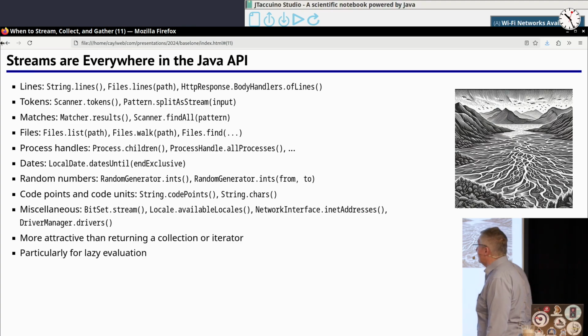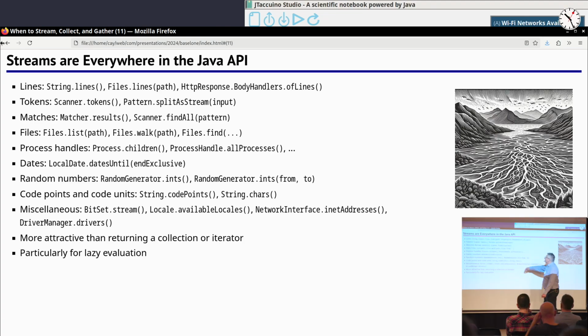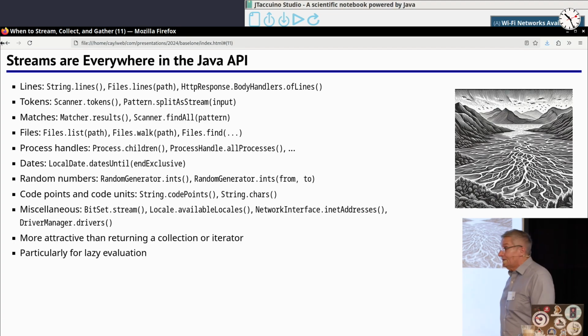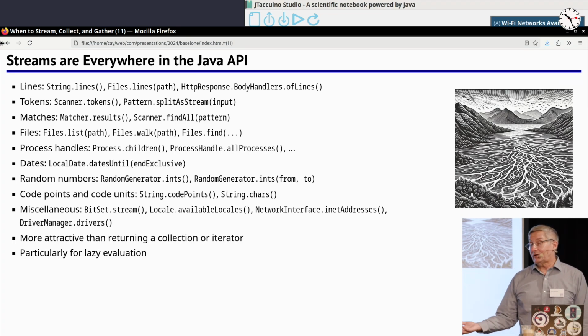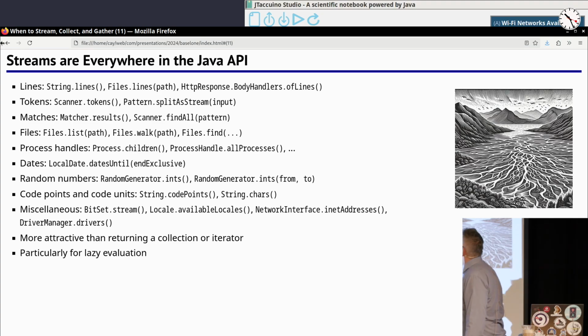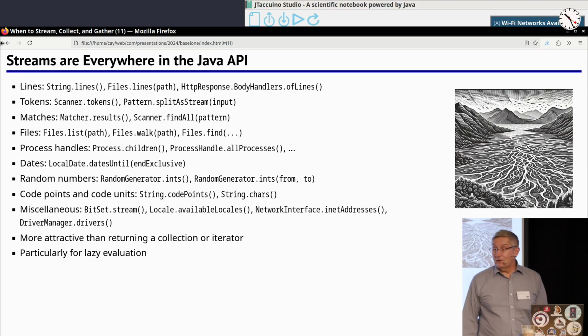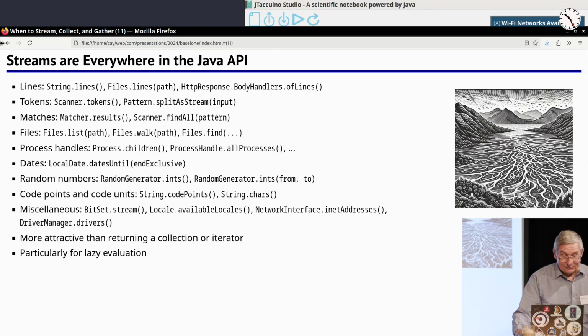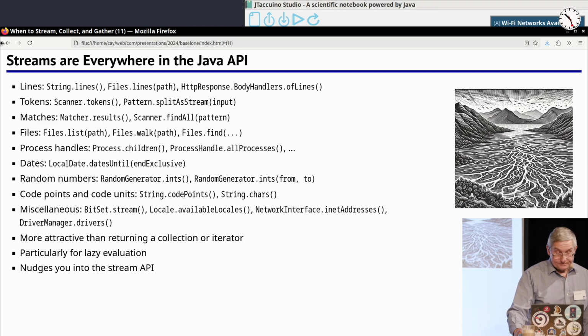And so a really good reason to give you a stream is here with the Files API, where there may be a very large number of matches, and you may only care about the first 10 or so. And so it's an easy way of giving you something that's lazy. If they've populated a list, and you only looked at the first few, then that's a waste. And this way, it's lazily evaluated, so a stream is particularly handy.